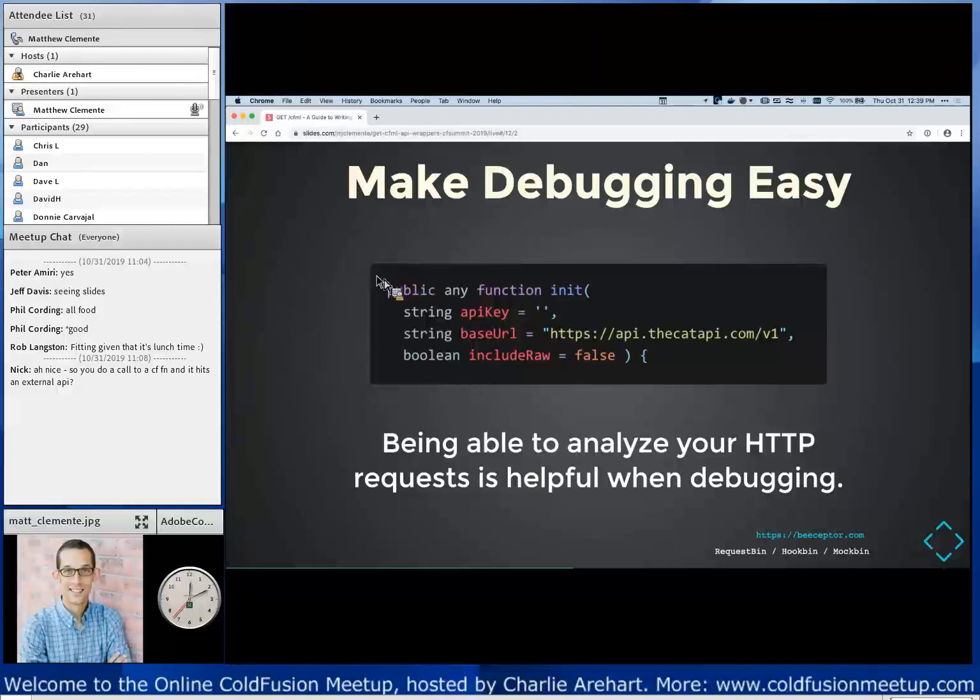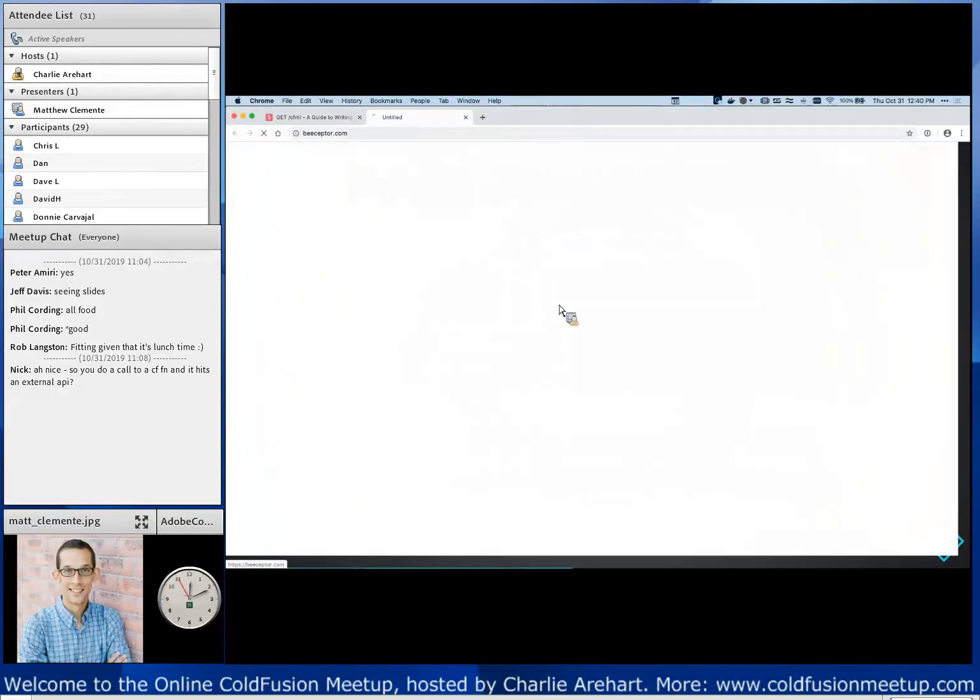Basically what I do is there's a number of services out there. I have some of them listed down here. And what they do is provide you with an endpoint that you could put into your wrapper. You make the requests to that endpoint, and they allow you to inspect the requests. So Receptor is one. And what you can do is you can say,